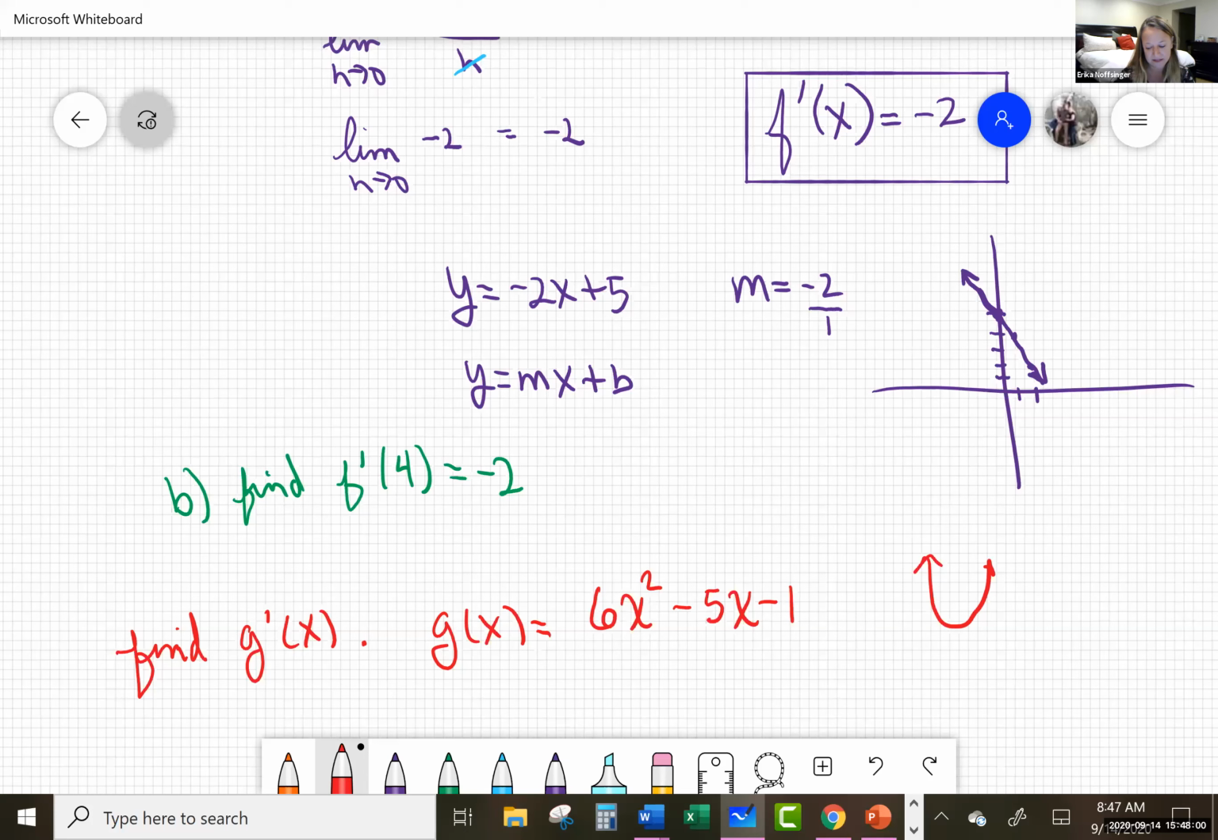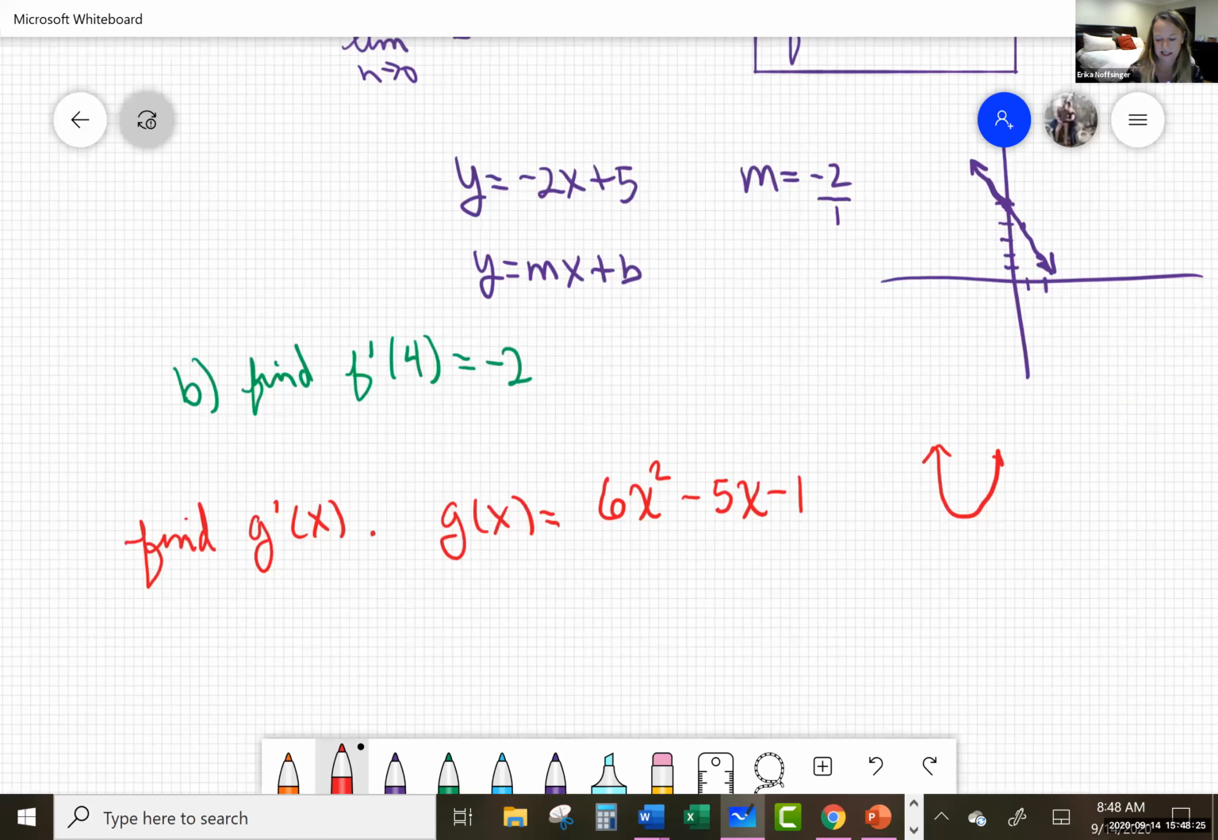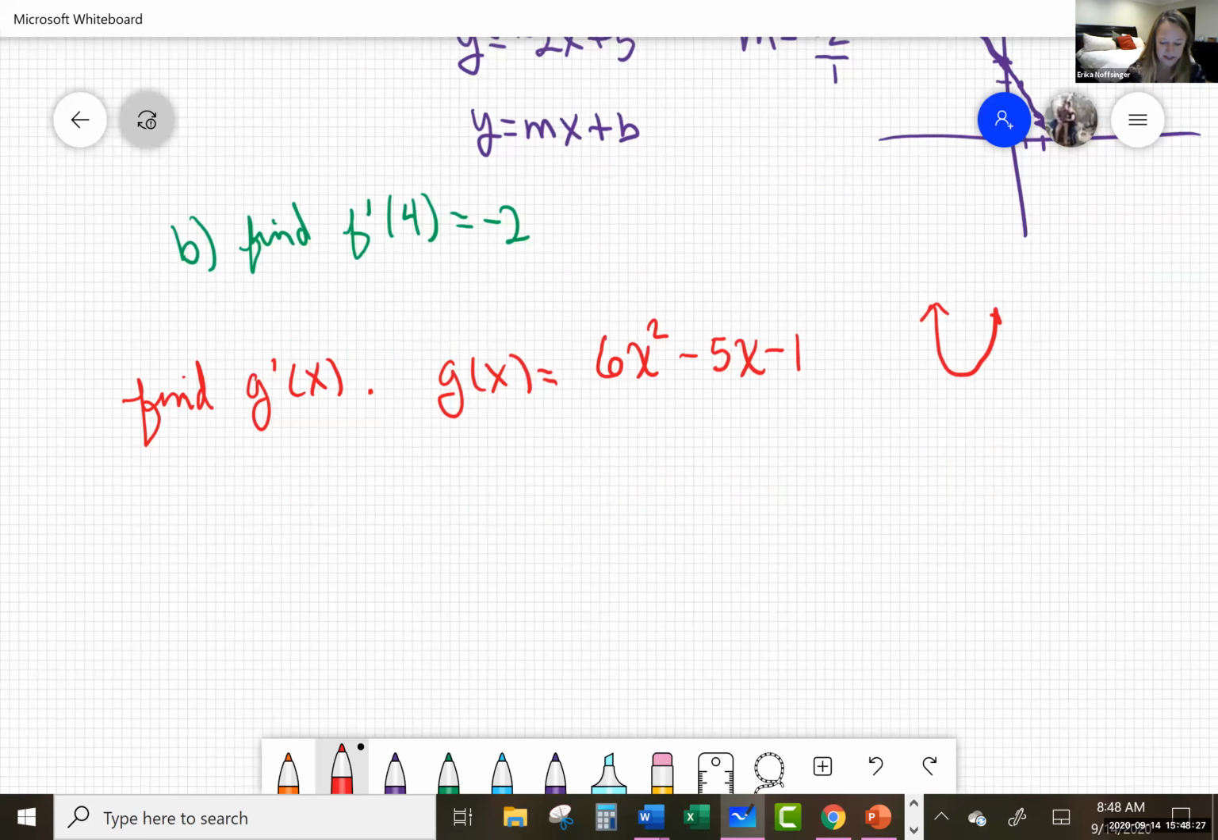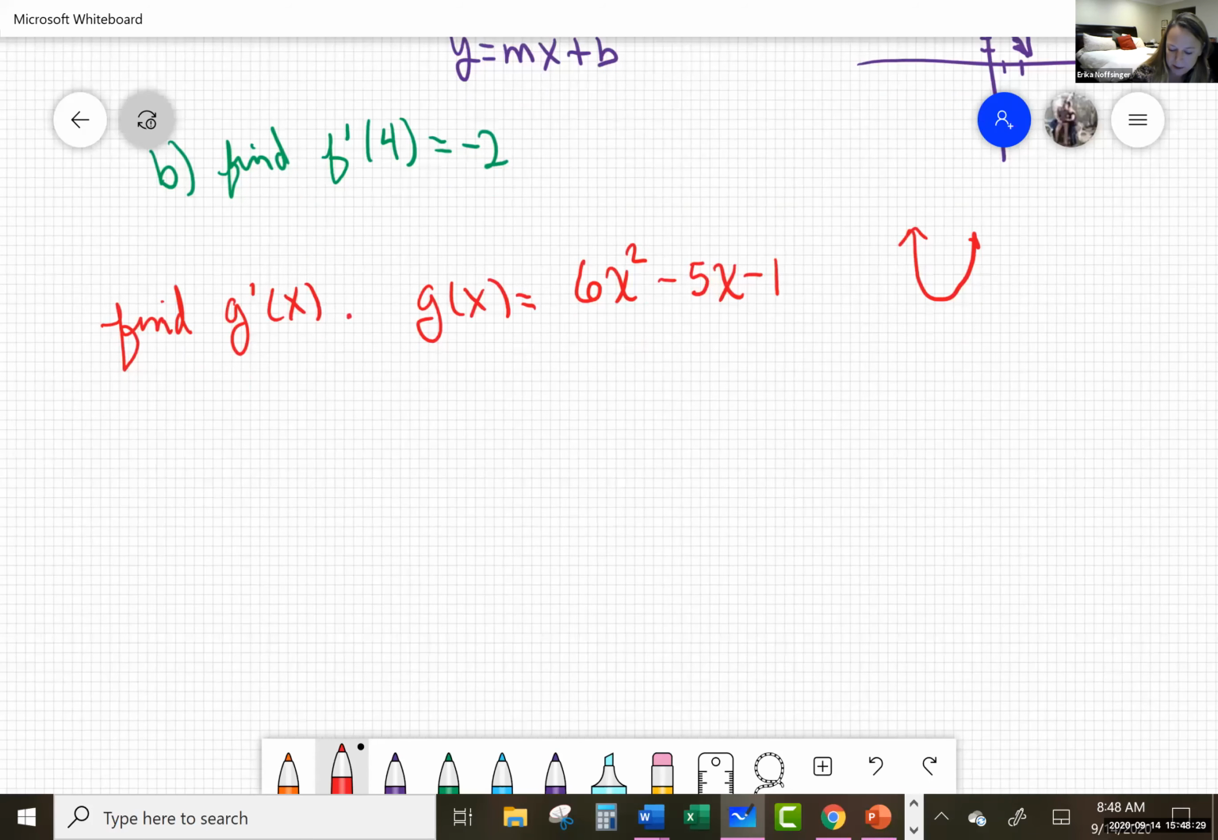So this is going to have different slope values depending on where I am on this parabola. My slope will be decreasing at some values. You'll notice that your slope actually is going to equal 0 at this minimum point, which we'll talk about later, which is your vertex, and then it will start increasing. So this won't have a constant slope everywhere like that line did. And so we want to find the derivative. So g prime of x